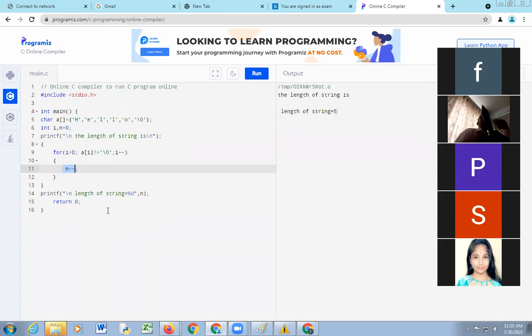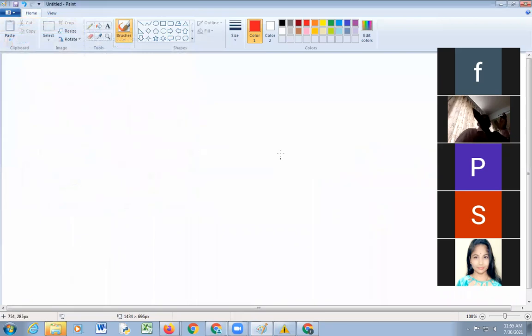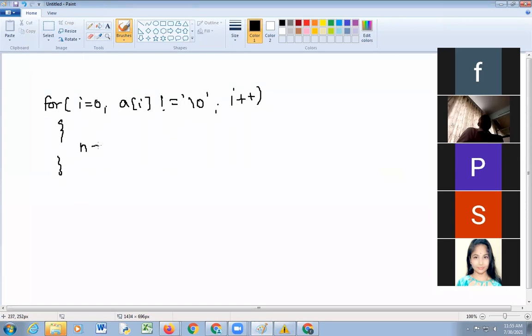Use ++n for incrementing the value of n by 1. Whenever the value of I is incremented, suppose see here, your code is: for I equal to 0, a of I is not equal to /0, I plus plus, and here I have used n plus plus, and suppose your string is hello.